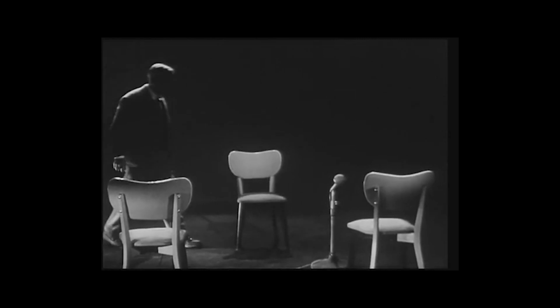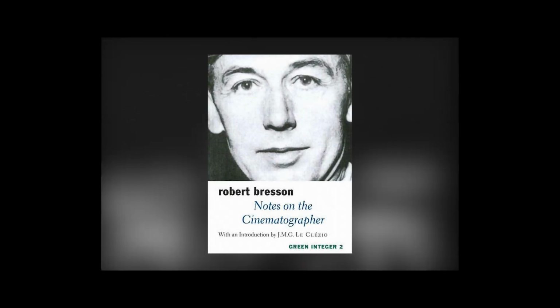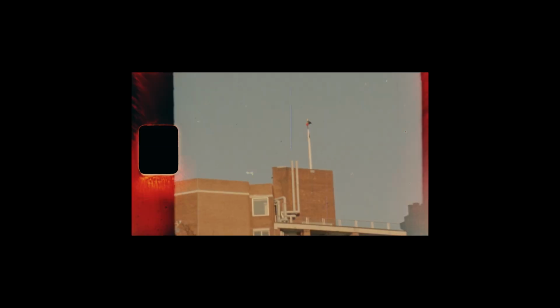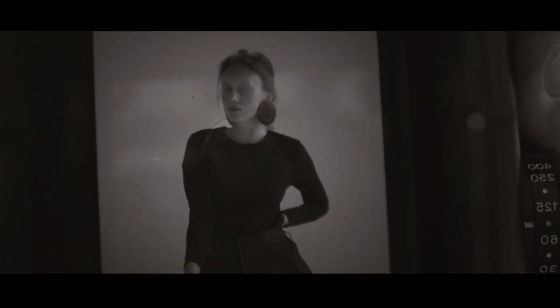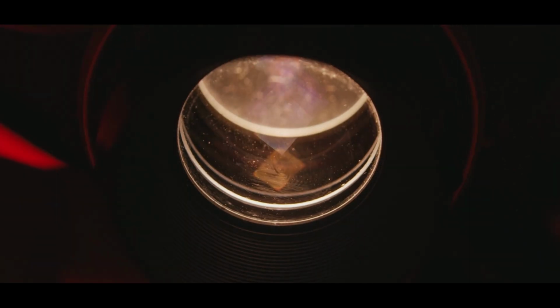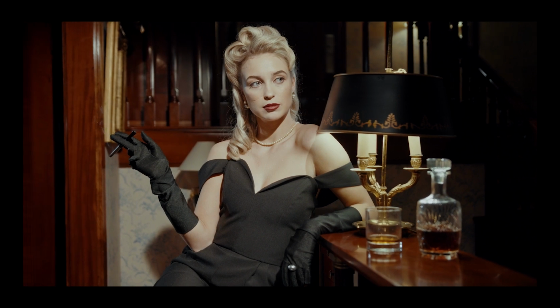Robert Bresson is considered the godfather of minimalist film. In his renowned work, Notes on a Cinematographer, Bresson articulates that movies fall into two distinct categories: film and cinema. Bresson said that films that simply capture actors, events, and settings were nothing more than theatre. Whereas the second category, cinema, utilised the art of cinematography to transform what was captured. The camera not just there to capture life, it created new life.